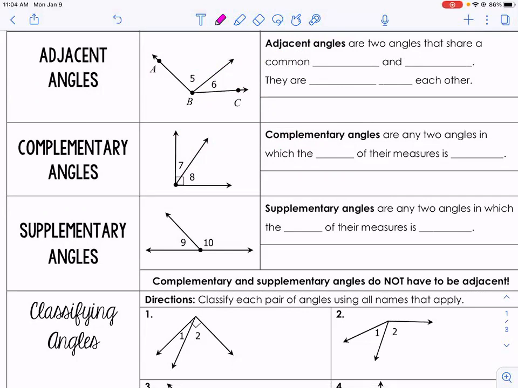Okay, so what does adjacent mean? I know that word. Next to... Oh, very good, Arislin. Adjacent means next to each other. So if angles are adjacent,